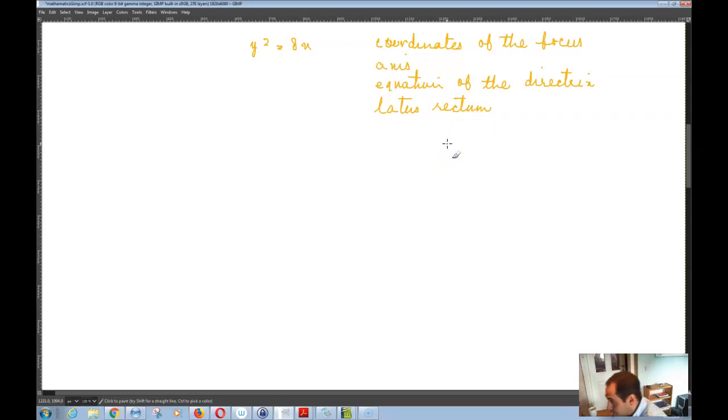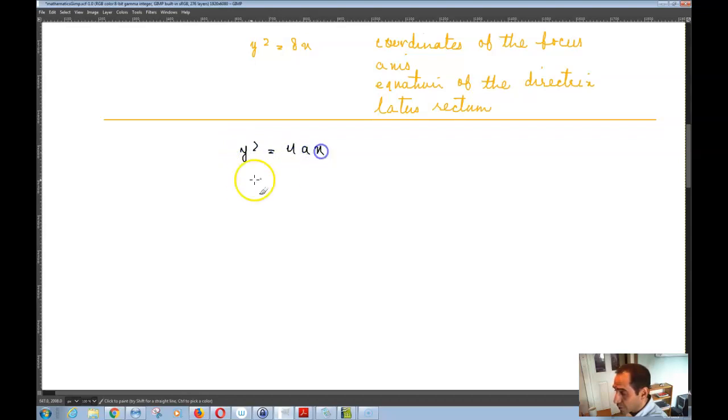So basically we said that the parabola can have 4 different types of equations, or actually 2 types. If you do not differentiate between the negative and positive, you could have y squared is equal to 4ax and x squared is equal to 4ay. And of course here you would get basically 2 different variations. Y squared is equal to